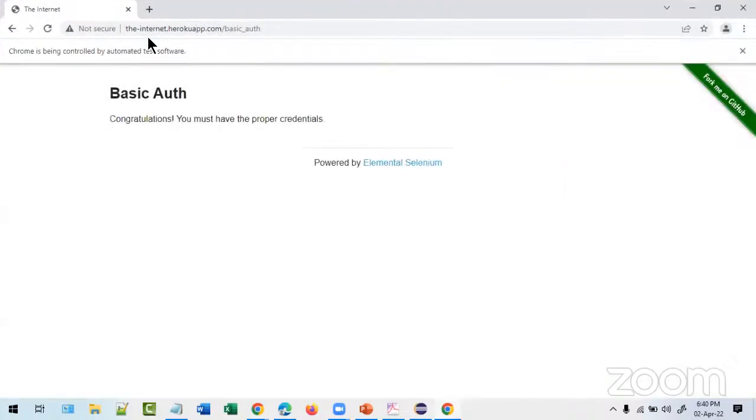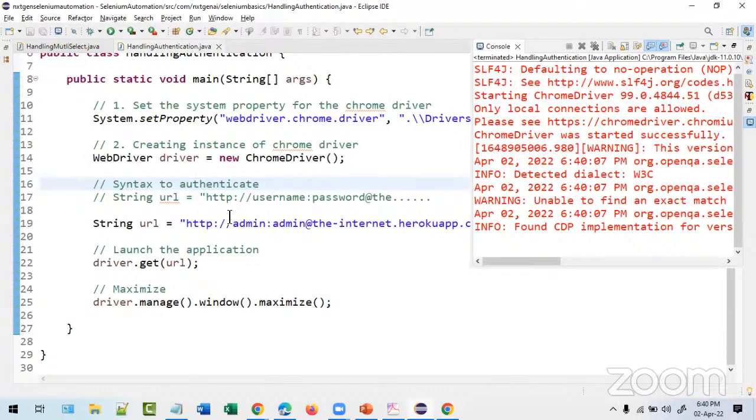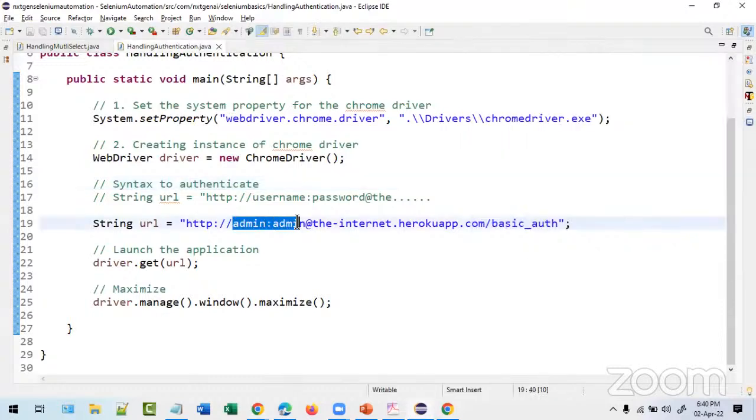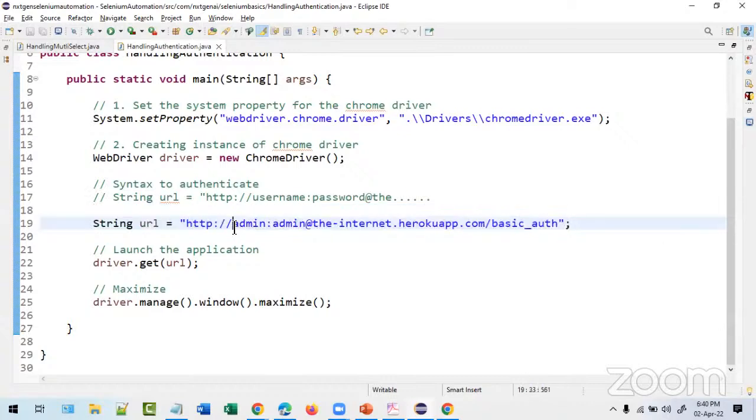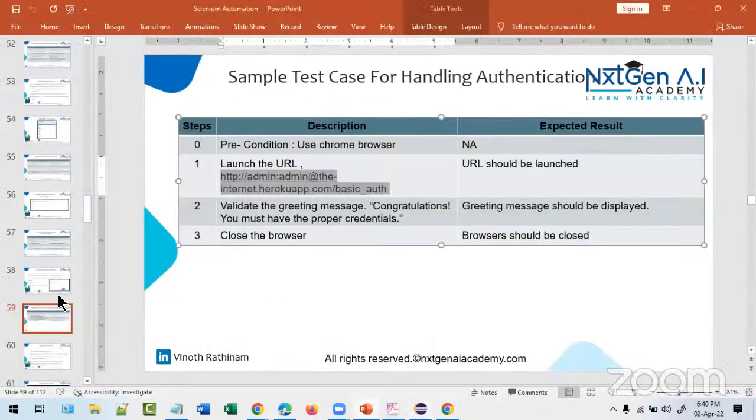Now, see, that pop-up, we are not getting it. The reason is it just entered the username and password, but we can't see how it is entering and clicking on sign in. But in the URL, if you pass the username, colon, password, and at symbol, we can handle the